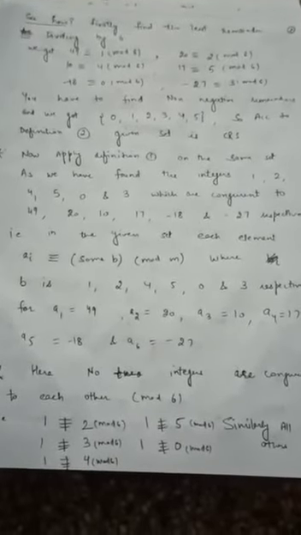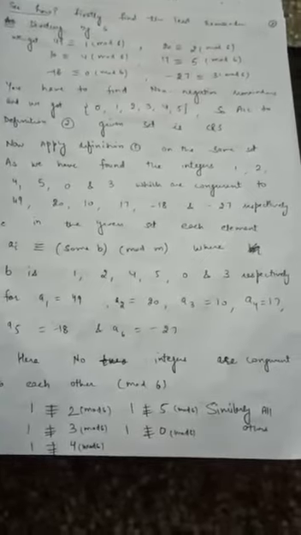Now understand this with an example. The set of integers 49, 20, 10, 17, minus 18, 27 forms a CRS modulo 6. How? We have to apply the above two definitions. Firstly, we apply the second definition. Second definition means we have to compare the set with 0, 1, 2 up to m minus 1. Means we have to compare this given set with the set 0, 1, 2, 3 up to m minus 1.